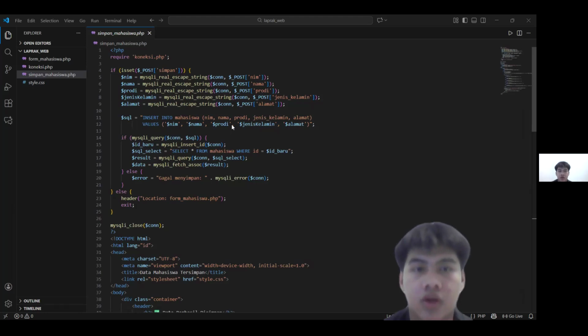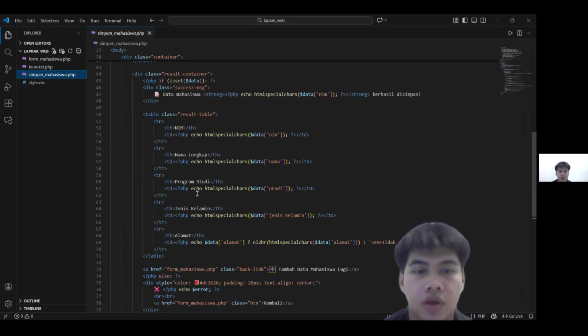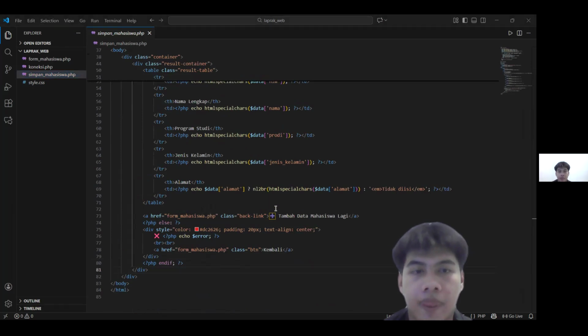It fetches the record to confirm and displays success in a styled table: the name, program, gender, address. Errors show in red with a back link. On success, a green success message box will say data name berhasil disimpan with a link, tambah data mahasiswa lagi, back to the form. Security note: htmlspecialchars prevents XSS on output.